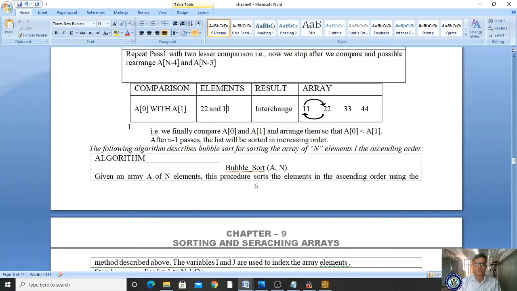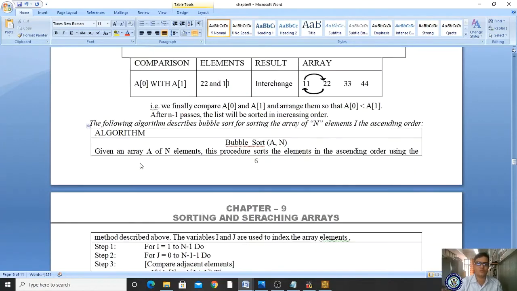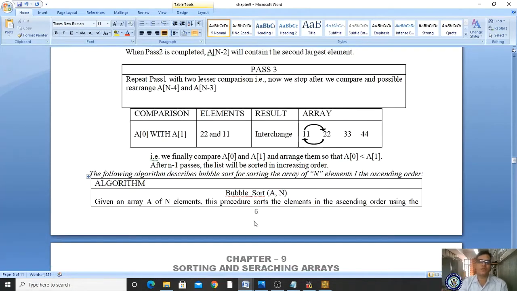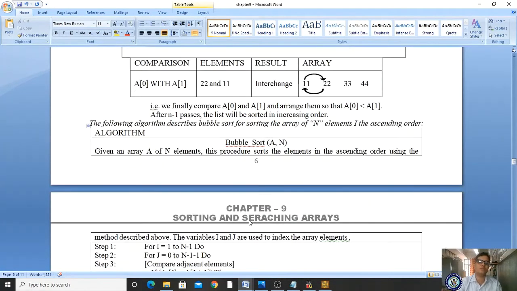Now let us see the algorithm of bubble sort. If you see the bubble sort algorithm, you will identify that for doing this we compare a of 0 with a of 1, so we compulsorily use nested for loops.